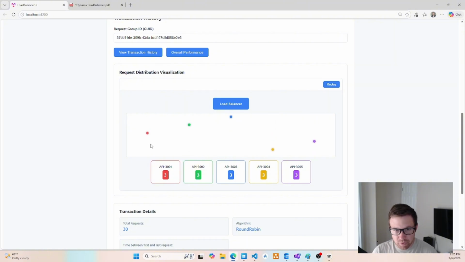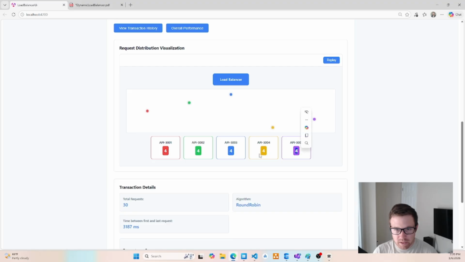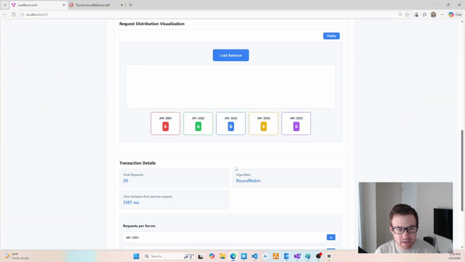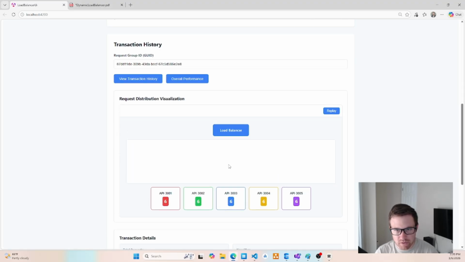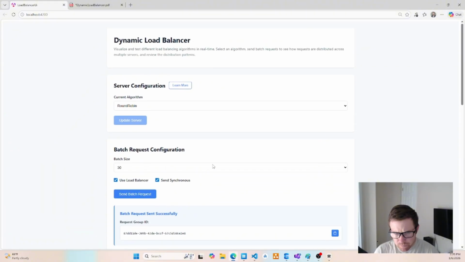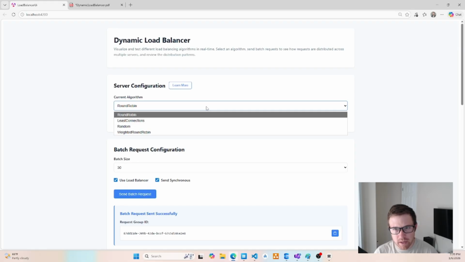And you'll notice a couple things as it's going through. Our little buckets are filling up, and they will all have exactly 6 requests. They all happen linearly following the round robin, and we can visualize that in many ways. We can download the CSV results, all that fun stuff. Now let's just do one more